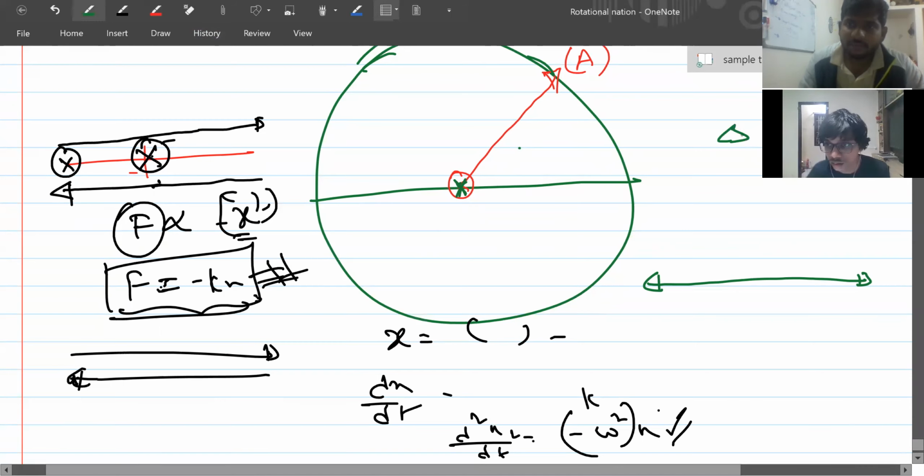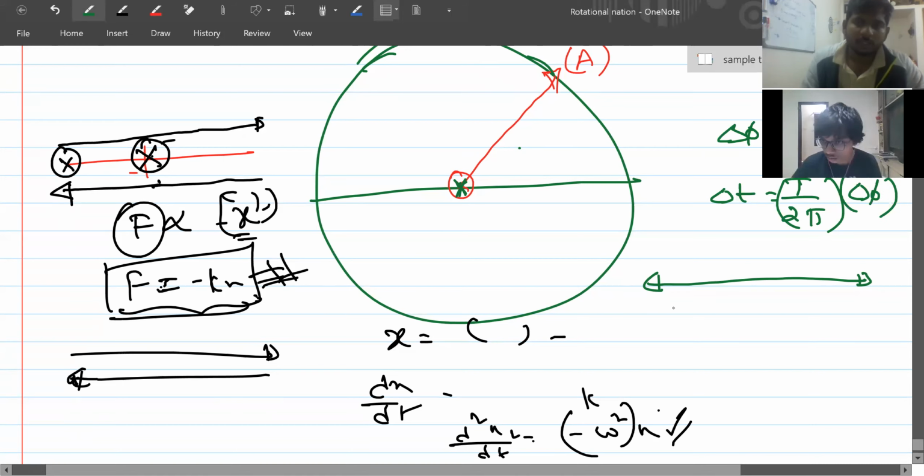Did you understand? Phase difference is equal to 2 pi by t into time difference. Another formula is also there: time difference is equal to t by 2 pi into phase difference. Got it? And the other way of solving it is also here. One particle is here, it is traveling in this direction.